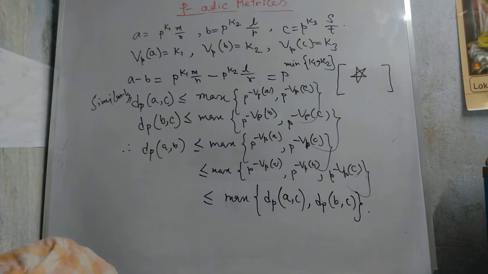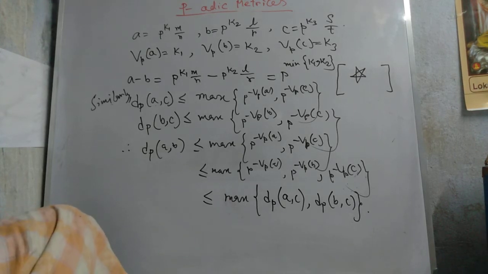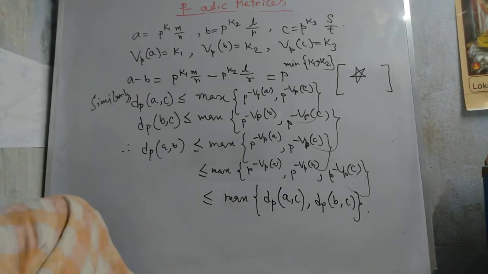That means any one maximum is greater than this one. Then we prove the stronger form of the triangle inequality. Now we discuss